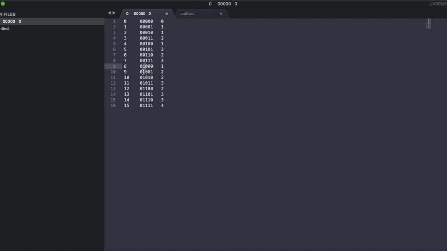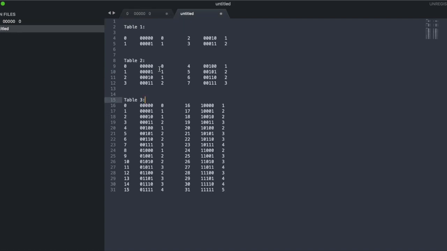Same goes with the 9 also. So whatever the number of bits set for the 1, because it is again following the 1, we can add an extra 1 to that. Same goes for 10 and the rest of the numbers. So to be more clear, let's see these three tables.